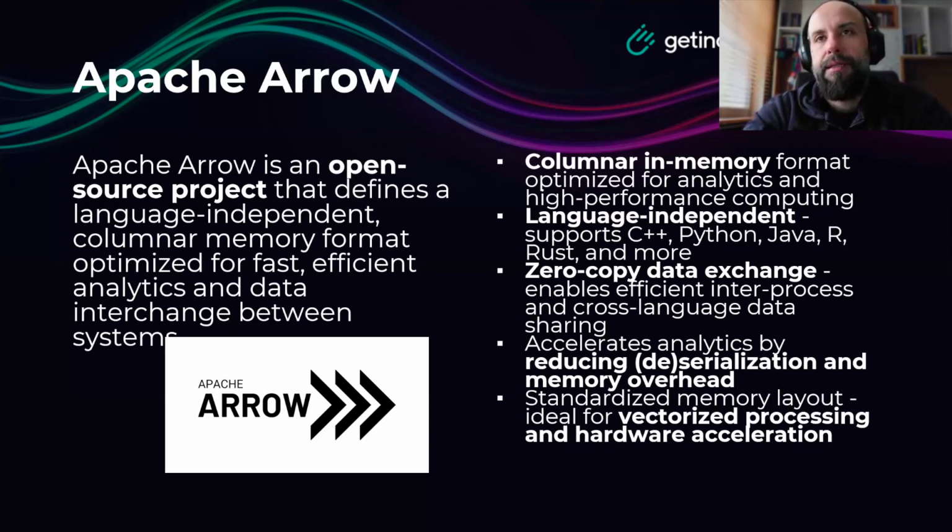It also has great support for different programming languages, as I said, and because it has a standardized memory layout that is columnar and optimized for vectorized processing, it's very often the memory format of choice when implementing high-performance